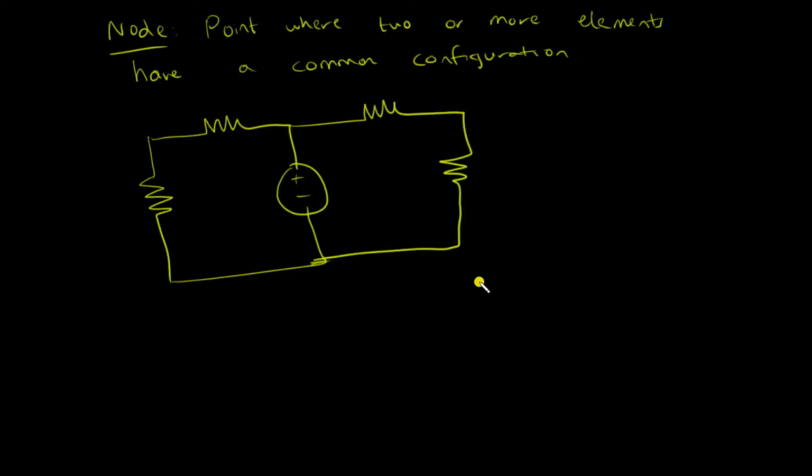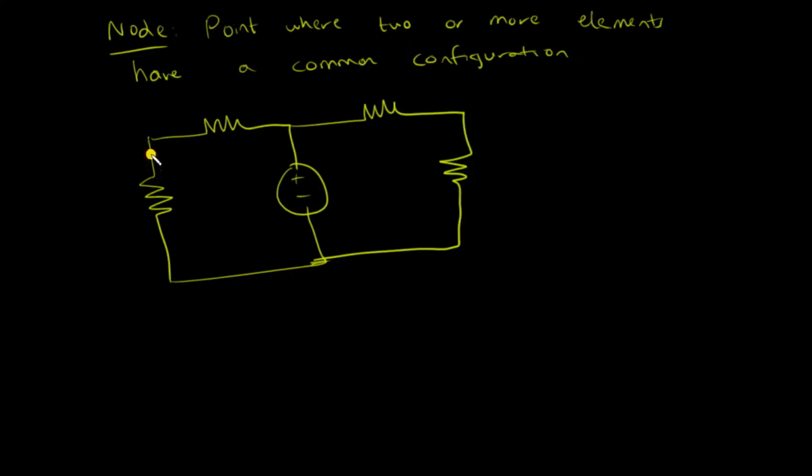Alright, so the next very important terminology in circuit analysis is the node. By definition, a node is a point where two or more elements have a common connection. But this is a little too complex. I've always learned it the way that a node is just the point in a circuit between which no other element is connected. So for example, in this circuit, if I start off from this left end,